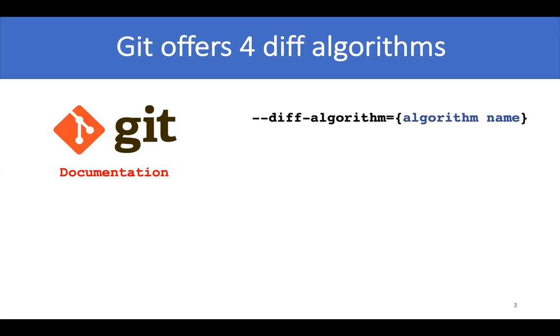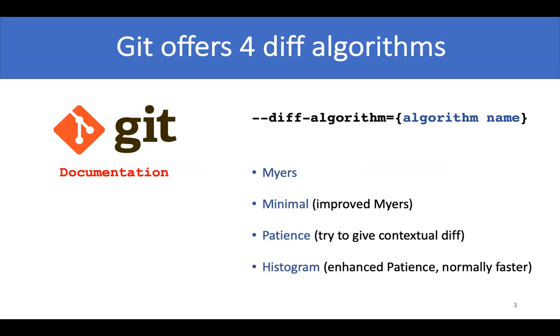But do you know that according to Git diff documentation, Git offers diff utility for users to select the diff algorithms, either Myers, minimal, patience, or histogram. In textual differencing, all diff algorithms are computationally correct in generating the diff outputs. Without specifying the algorithm in Git diff command, Myers is used as the default.